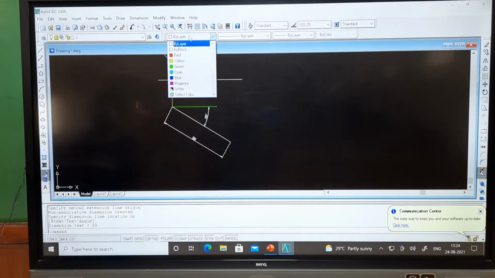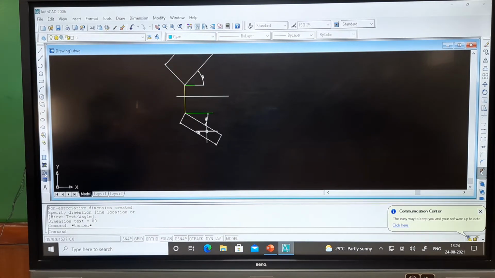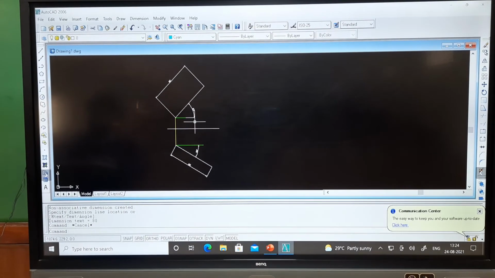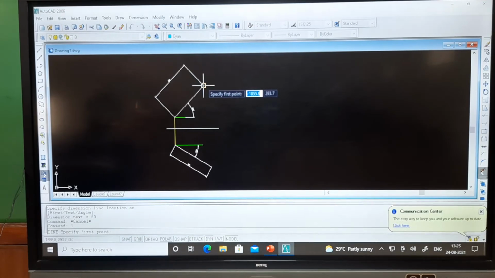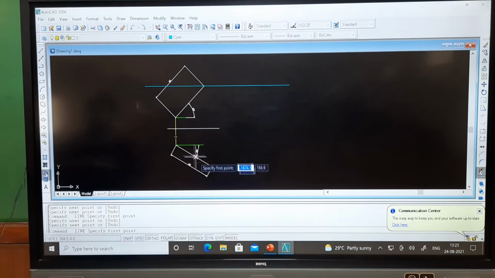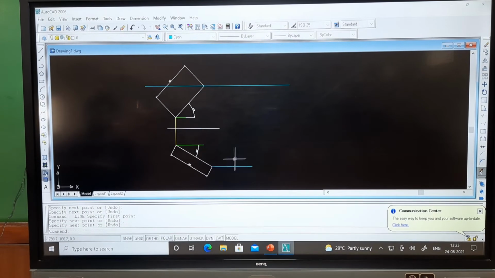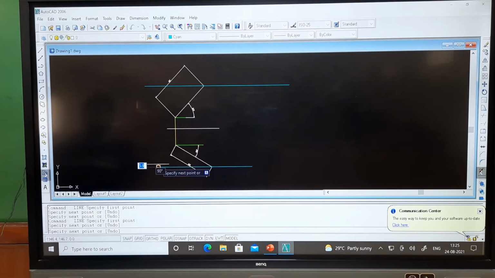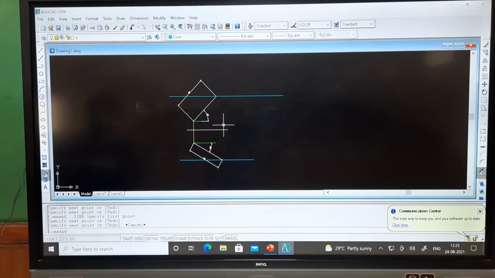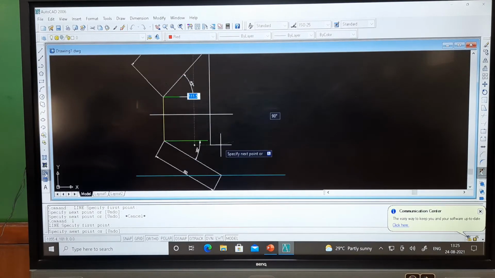Now, after that I have to draw linear lines from this point, L enter. From this point I have to draw this line, because I have to show the inclined lines, a line which is inclined to both the reference planes. So, as I told you, I have to draw a line from the point, L enter, from this was my Q1, from there up to here I have to use.